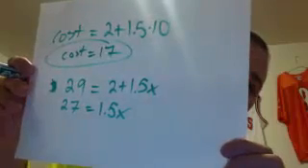I have 27 equals 1.5x. Subtracting 2 from both sides. And then divide by 1.5. And when I divide by 1.5, I get 18. So it's going to cost